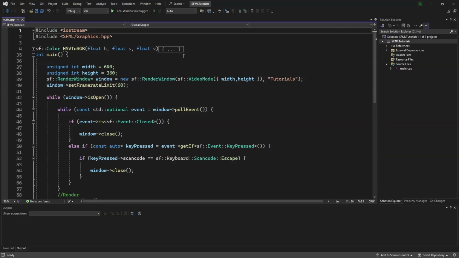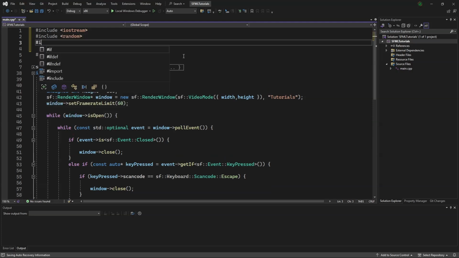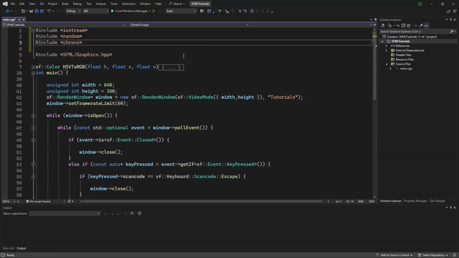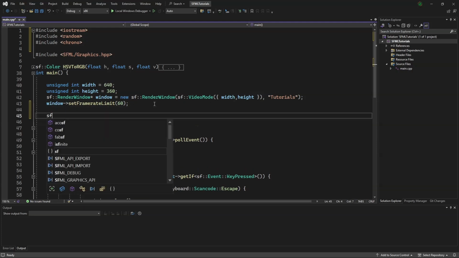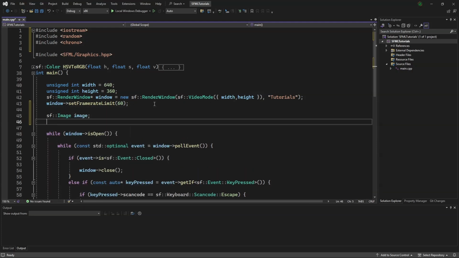First, we will be adding two includes, so we will say include random and include chrono. Next, down here, we will say sf::Image image, and then image.resize